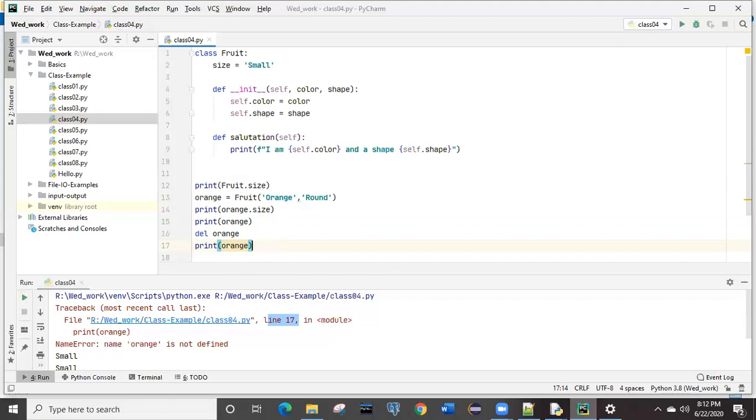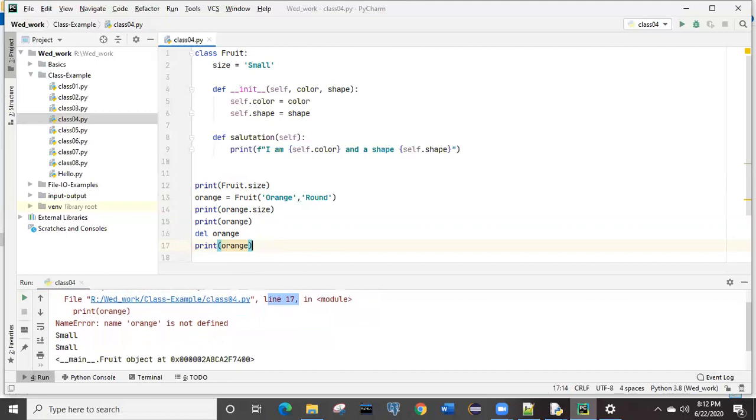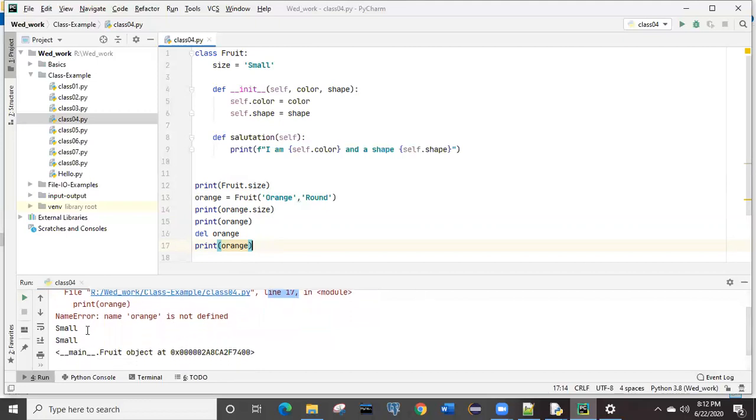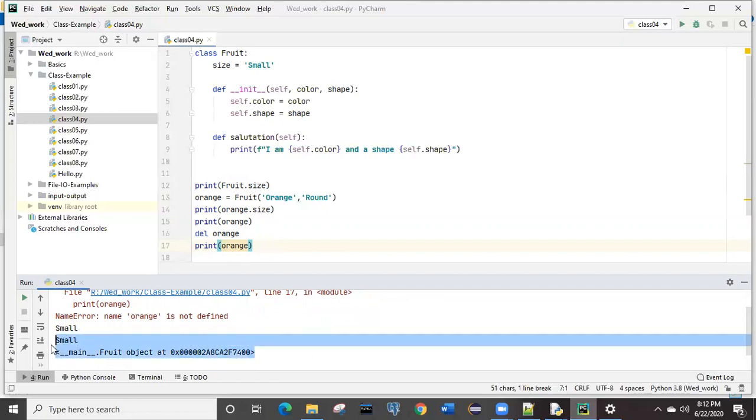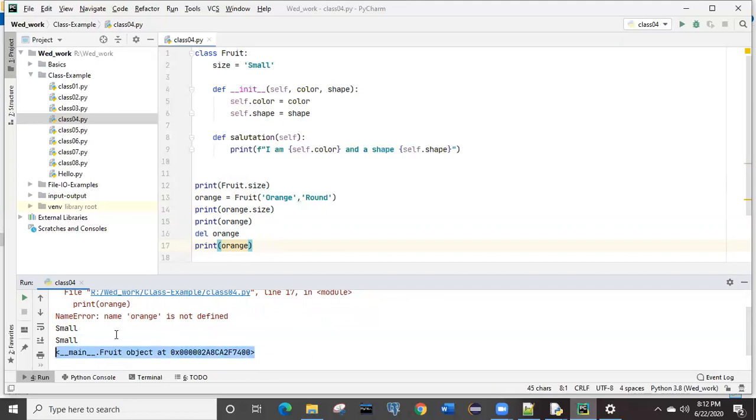If you look at the different outputs over here, it has given small, it has again given small, and it has given the sum of the value. So all these are executing correctly and giving you the output according to your code. Let me explain this one. The code is correct, the output is also correct, but you can further format it. How will you format this one?